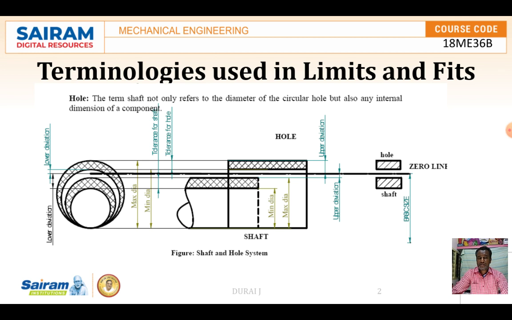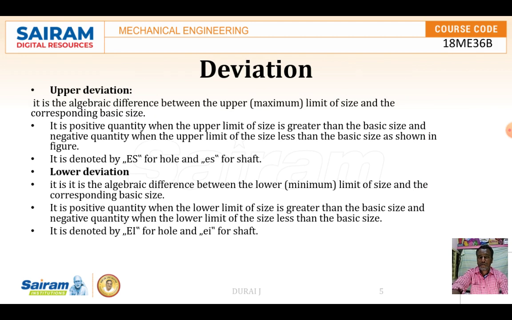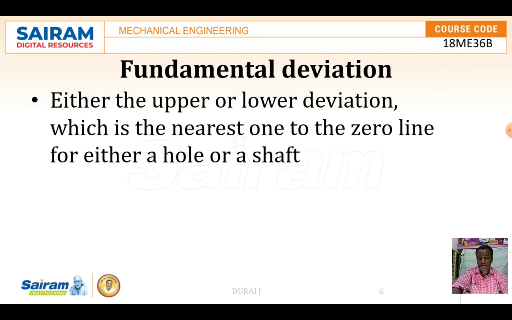Okay, here the basic size is represented by the zero line due to the graphical manner. So in the graphical manner, the basic size is called the zero line. Also remember, this is the front view, this is the side view of the hole and shaft pair. The very important thing is the fundamental deviation. With the help of the fundamental deviation, as discussed in the previous PPT, there are 25 types of fundamental deviation available, and 18 grades of fundamental tolerance.